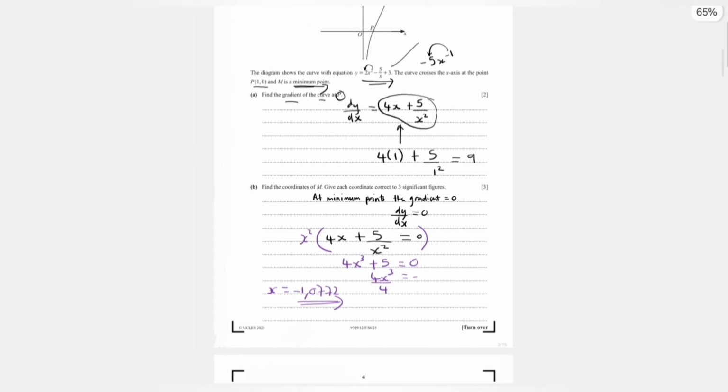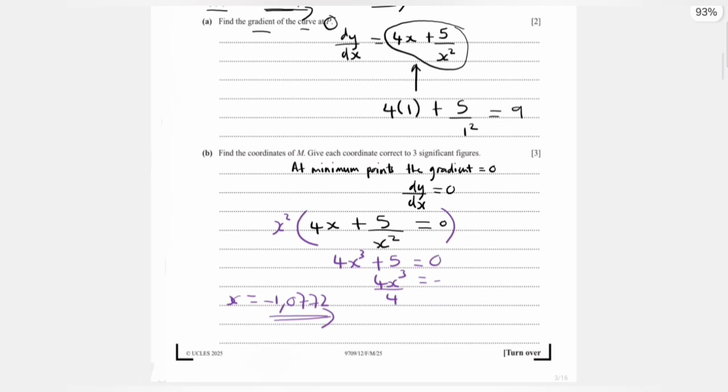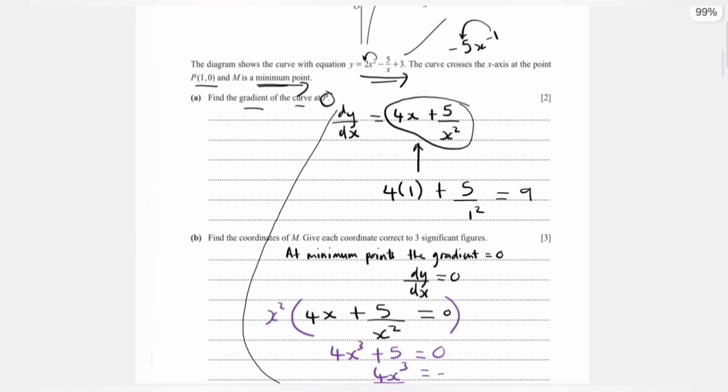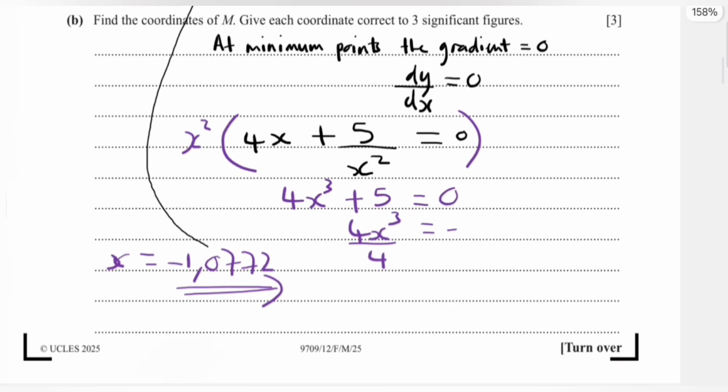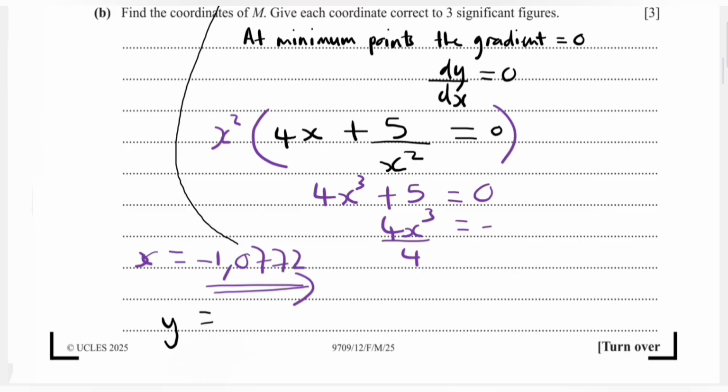And so for us to get the y coordinate, we just have to substitute this x value that we got into the original equation, right? And so in doing that, we can store this value in our calculators, then substitute it for x there. So it's 2, then our stored value squared, minus 5, over stored value plus 3, right? And that came out as y being equal to